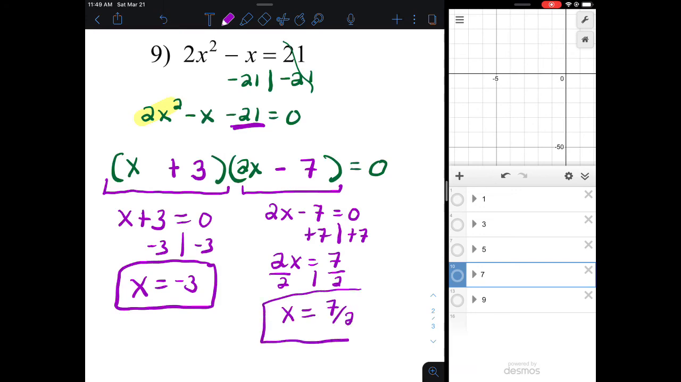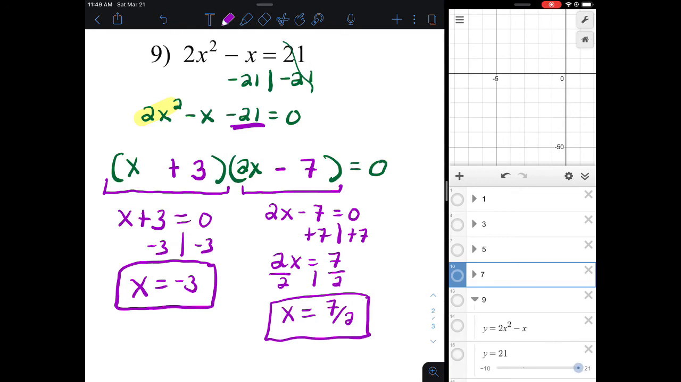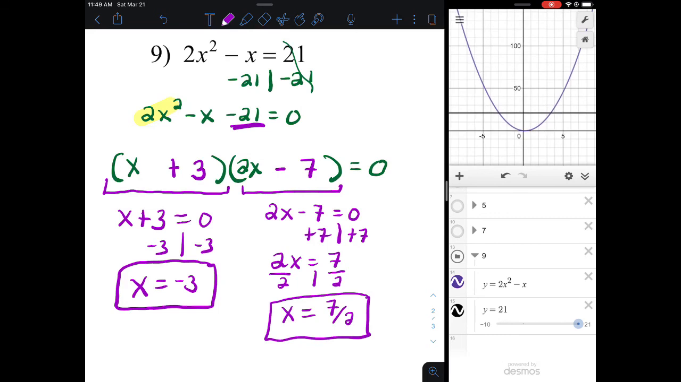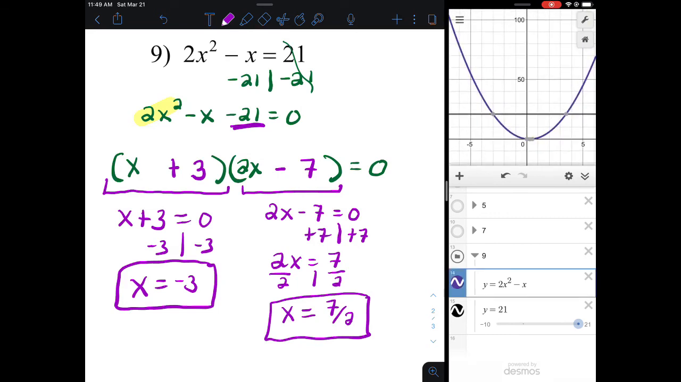And we'll take a second to check that with Desmos. So in Desmos, I would type in y equals the left-hand side, so 2x squared minus x, and y equals the right-hand side of 21. And we would graph it and give ourselves a good zoom where we can look and see. And I'm looking for where the two curves cross each other. So one of them crosses with an x value of -3, and the other one crosses with an x value of 3.5, which is